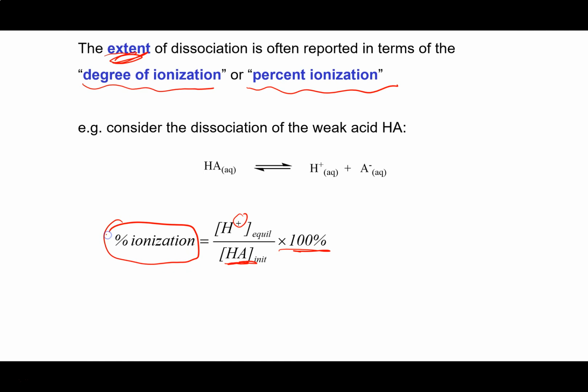That'll give us the percent ionization. Now, there is a little bit of difficulty with this, in that it does depend on the initial acid concentration. So it is for a solution with a particular initial concentration. So it isn't a constant like the value of Ka is, but arguably it's a little easier to interpret, especially